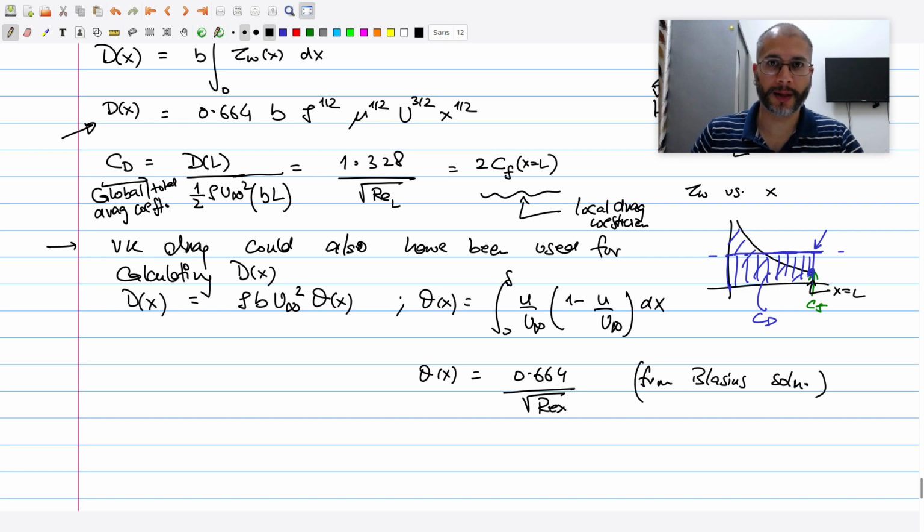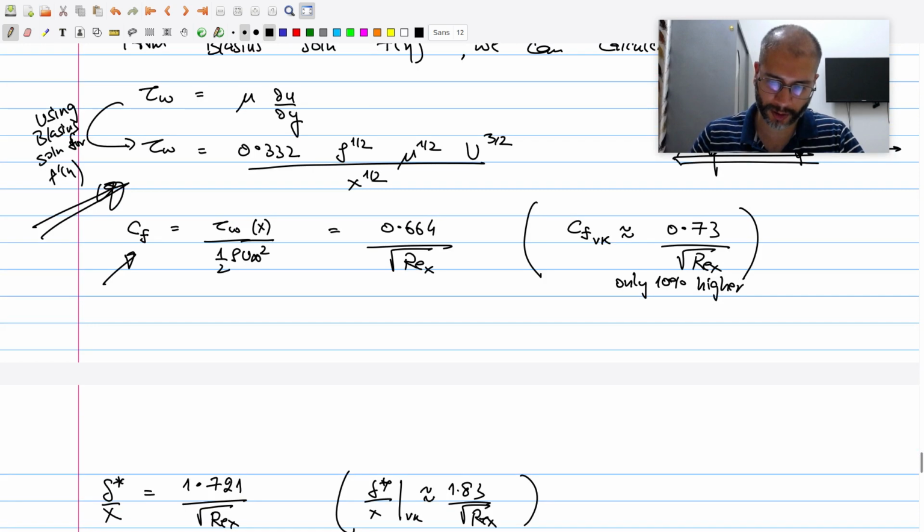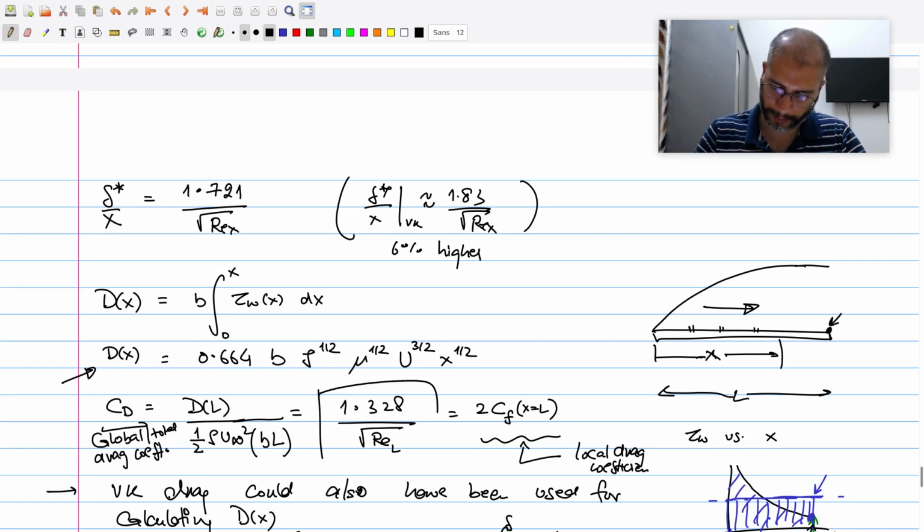Okay, that's pretty much it. Now, remember, for this kind of a situation, all you need is CF. Well, actually, you need a CD. You want to find the total force. So you simply take CD and multiply that by half rho u infinity squared times the area of the plate, which is B times L. So if CD is obtained, then from there we can calculate the total force, the shear force acting on the plate, and that is what the aim of this whole discussion is anyways. And CD for the flat plate situation is theoretically calculated as twice of CF, which is this. Okay. So we have a knowledge of the CD as a function of Reynolds number.